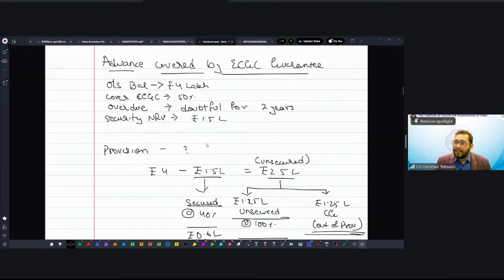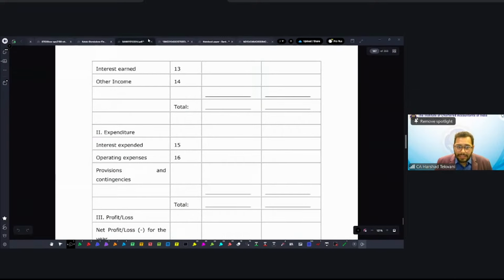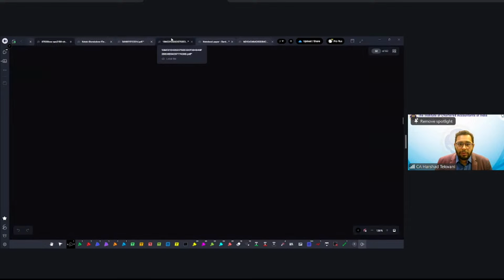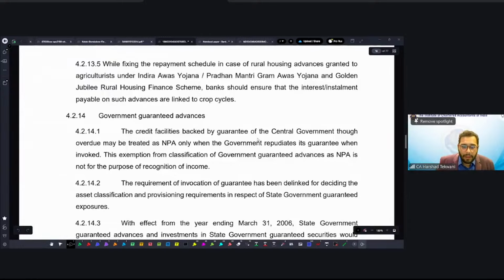I will not classify this as an NPA because if something is backed by the central government, there are zero chances of incurring loss on that particular loan or asset. This is a part of the prudential regulations also. I'll just show you. So if you see, the credit facility is backed by the guarantee of the central government. Though overdue, it may be treated as NPA, this is a very important part,